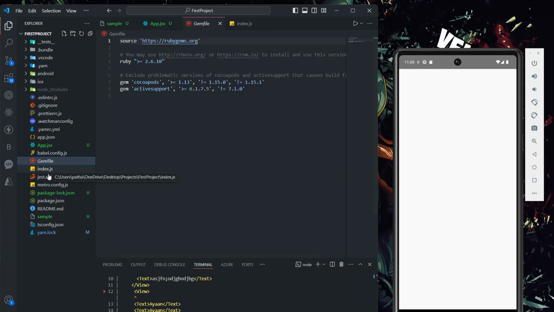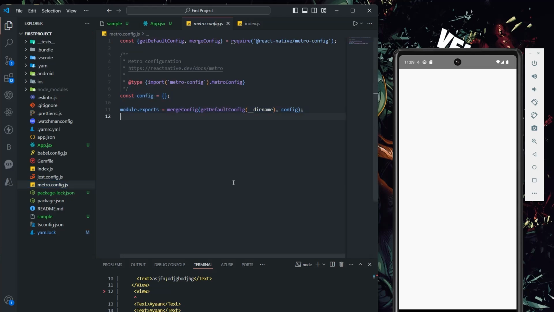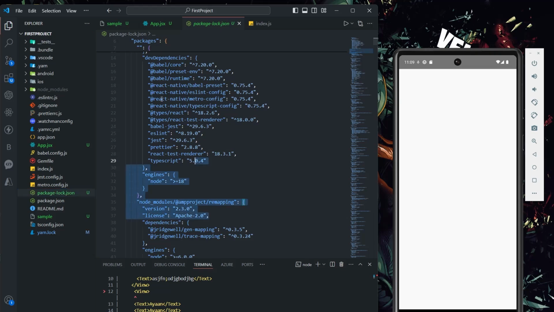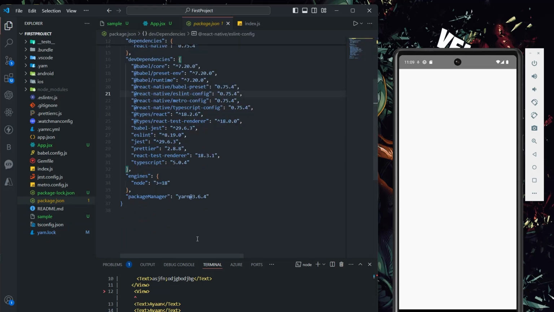Gemfile, no need to do anything. Index I have explained, it's for testing purposes. Metro, as I said, is what runs the code. Package.json, as I said, is created by default by React Native. What are the things you have created for package.json? This is the important file. There is nothing to do here. Only thing is